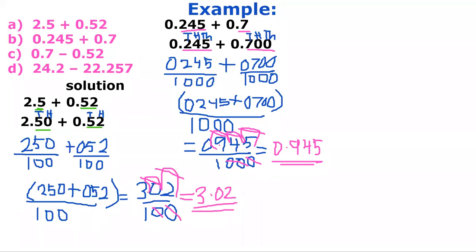Let's do the C. The C, we have 0.7 minus 0.52. Now you balance the decimal numbers. Here it has only one decimal number. Here too it has two decimal numbers. So which means that when you balance our new decimal fraction, here will be